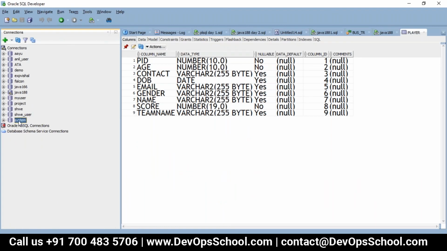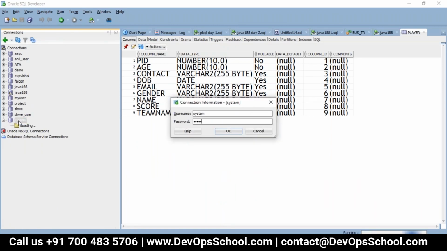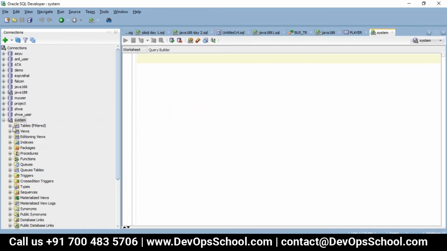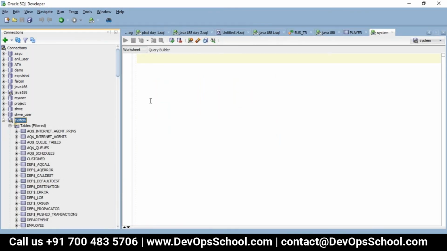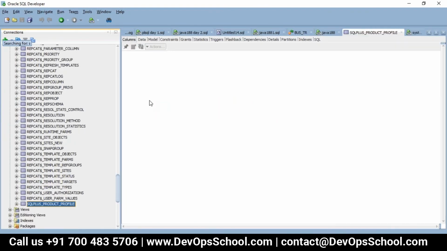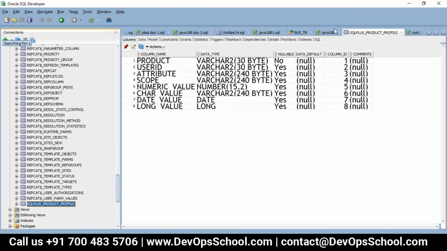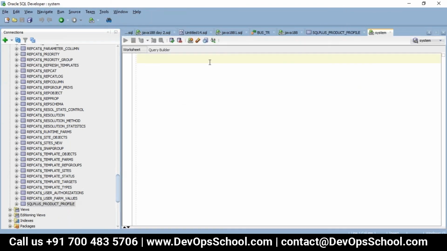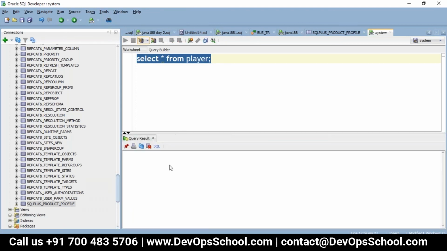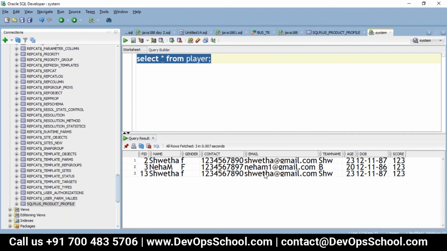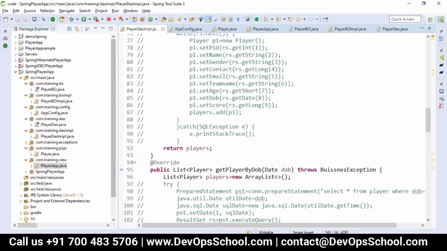Yeah. There are records present because in the previous run we got some records, right? There are 3 records present, but the records are not coming here when we added Hibernate.